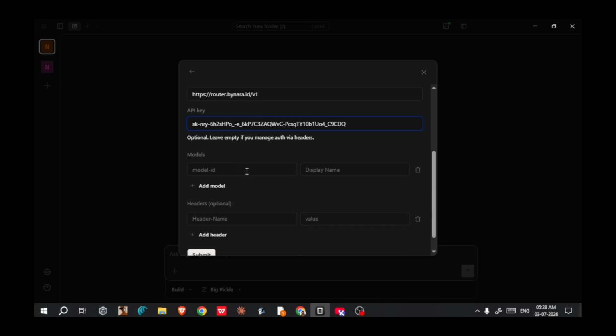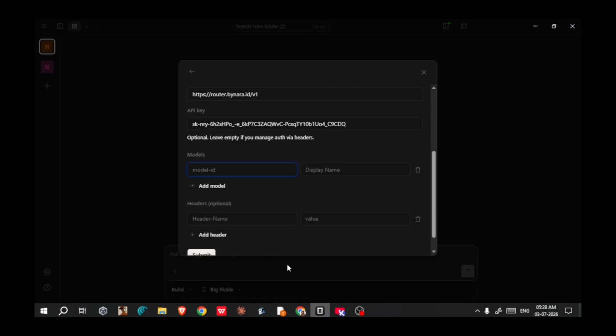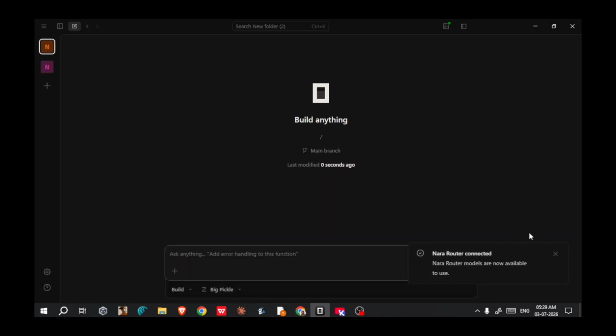Now the model name. Again, let me show. This is the model name. You can change your model name and copy, but I will be going for this one itself. Paste it. Display name will be similar. Submit. Okay, here Nara router is available now.